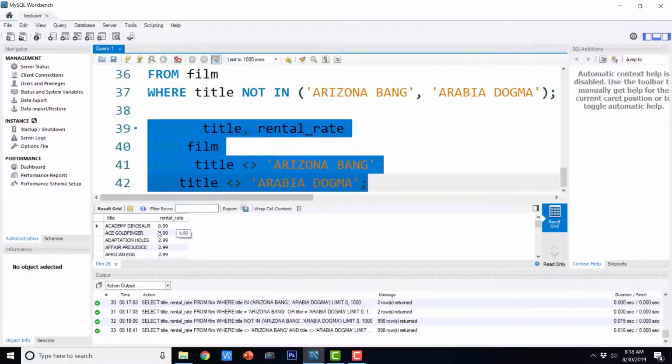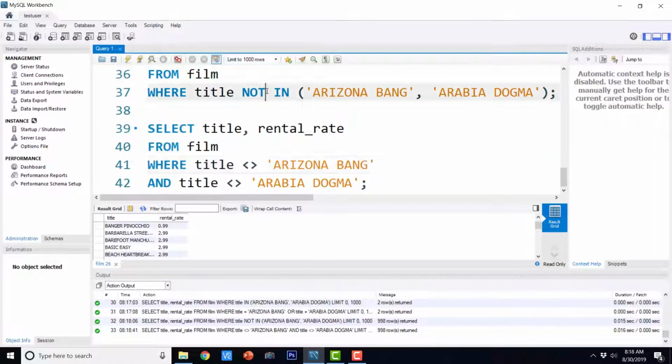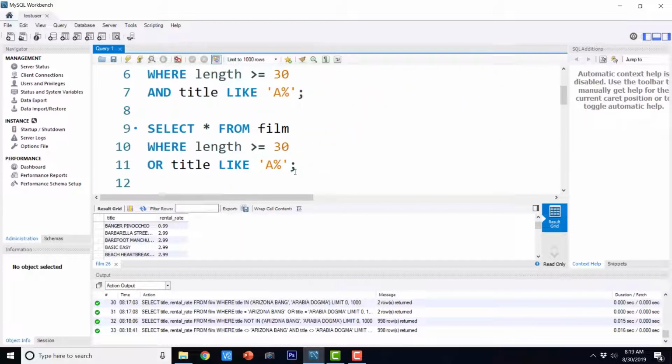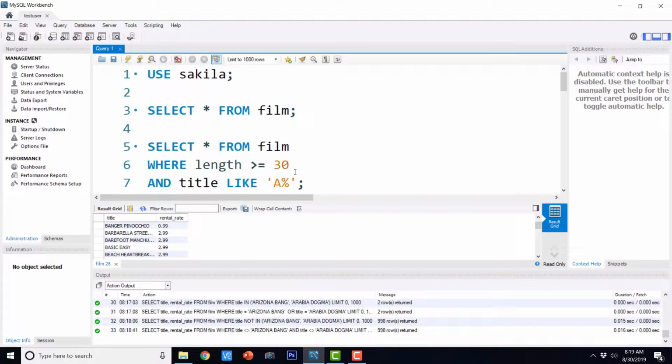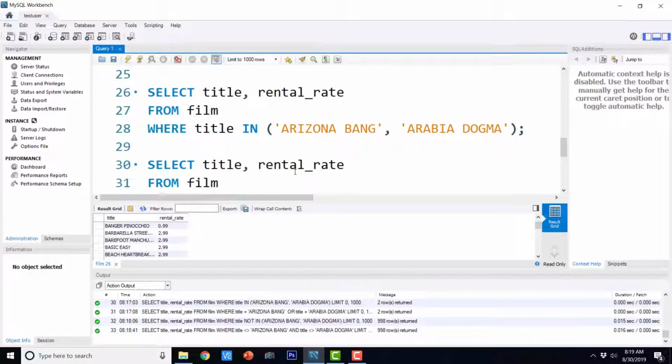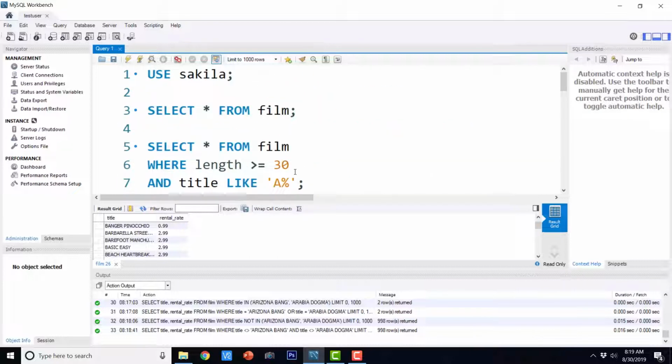This is the output. Okay, so basically this query and this query are the same. So this is how we can use in, not in, and or logical operations on our SQL queries, and we get results accordingly. We can actually have multiple conditions here in the where clause by combining them with and or.